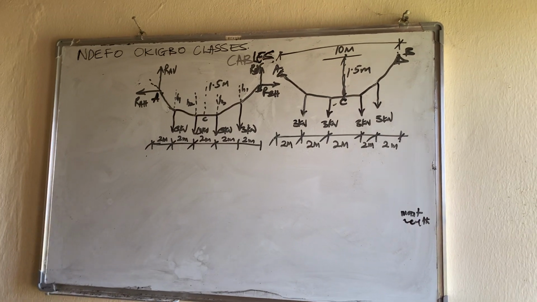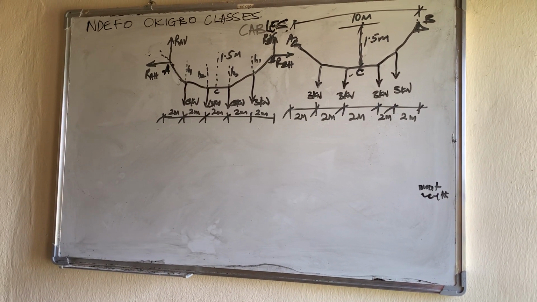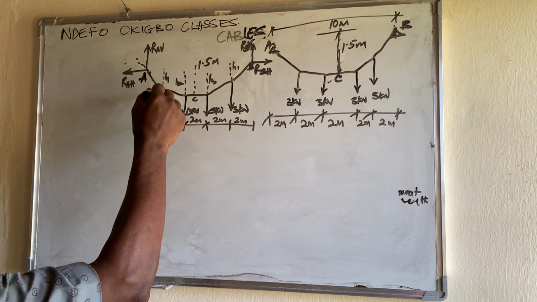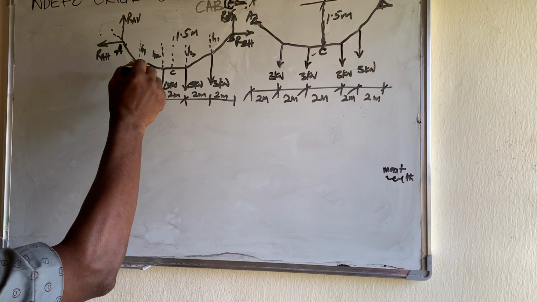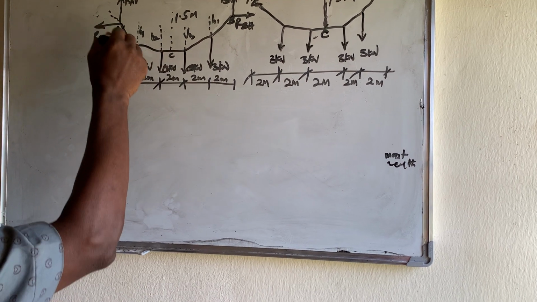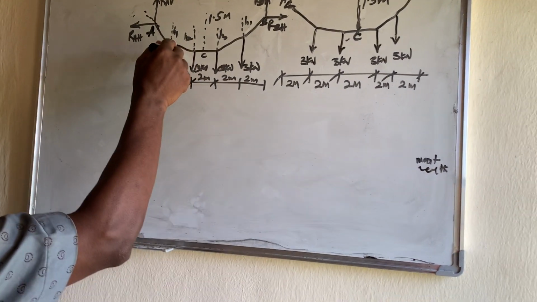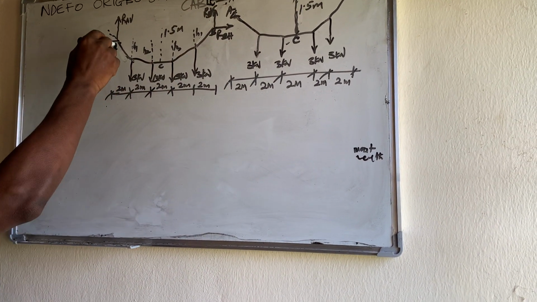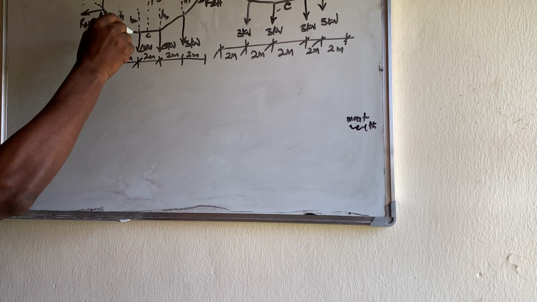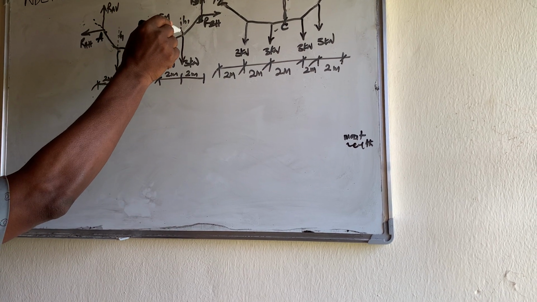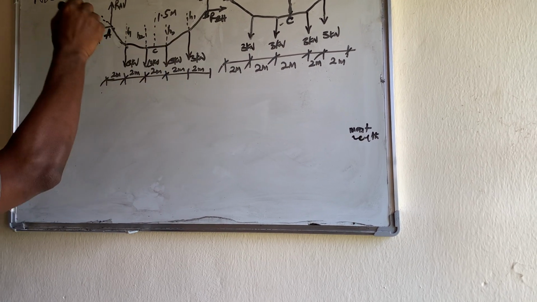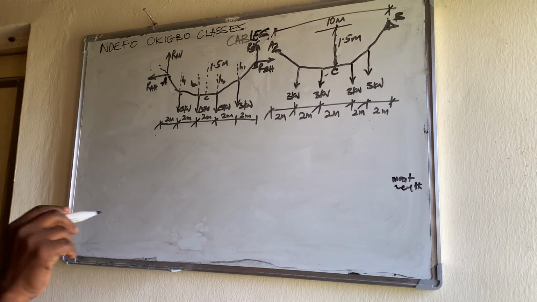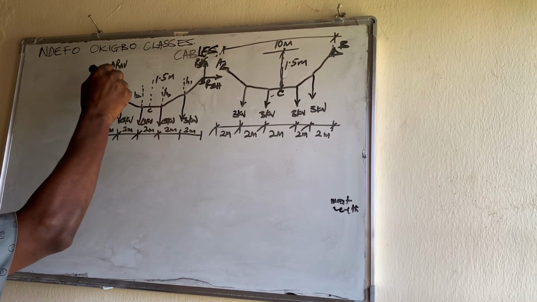After doing that, the next thing is to get the length of the cable. How we get the length of the cable is that we see that the cables are inclined at particular points, inclined from A to this point, from this point to this point, and inclined this way. So if we can get these inclined lengths, that's the length of the cable, not the span of the cable, the length of the cable. For us to get that, we have to get this height